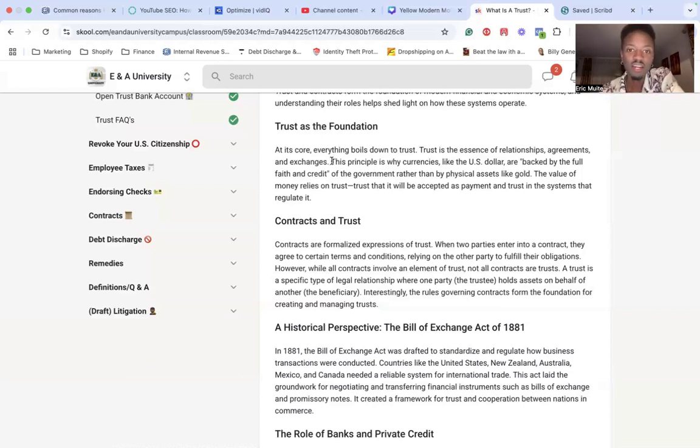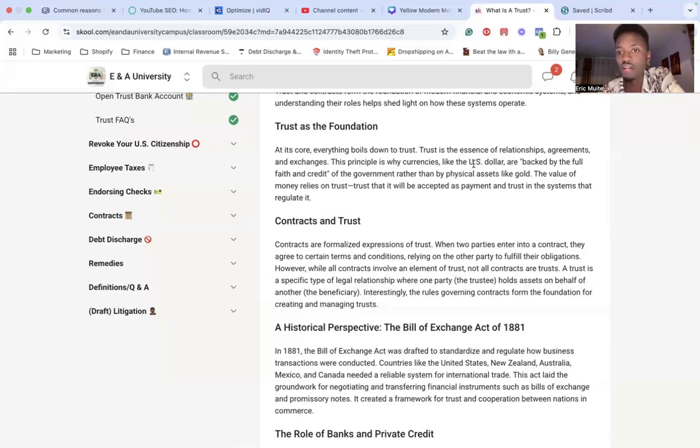So everything boils down to trust, guys. From the money that we are borrowing, right, which is being lent to us via debt. It's debt that we're borrowing. It's all given to us based on trust, right? Because the US dollar is backed by the full faith and credit of the government rather than physical assets like gold. So, in other words, you and me are more valuable than money itself because